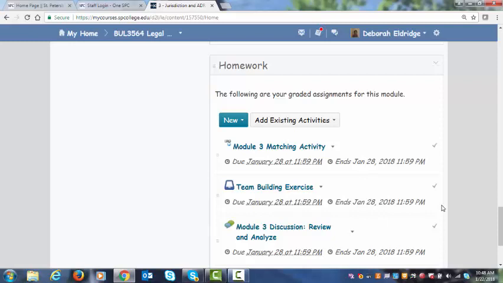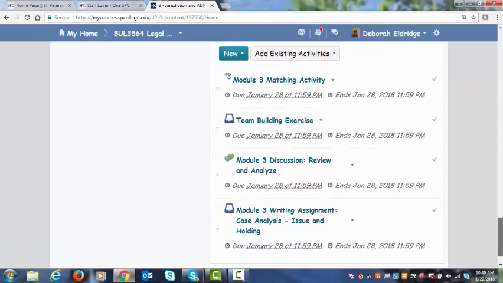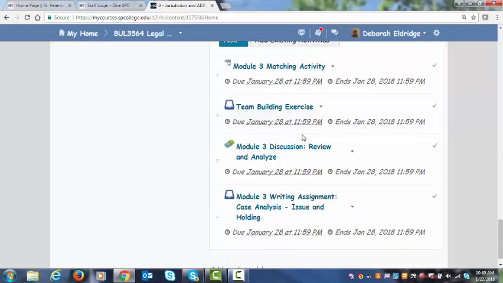You have your Module 3 matching activity, which is a quick little matching game, and that is due by Sunday. Everything is due by this coming Sunday. You have the team building exercise, so this week you start working with your team. And that team building exercise, each team member is to fill out the top part of the document and then submit that to the team discussion forum as an attachment, and then all of you are to meet and talk about your strengths and weaknesses, and then the team captain is to combine those top portions